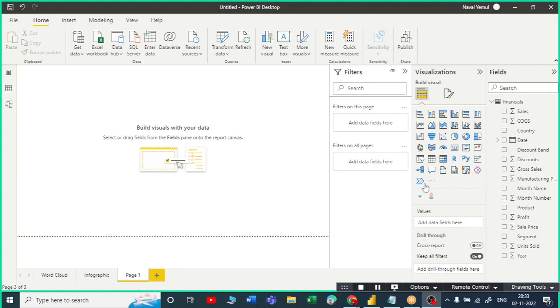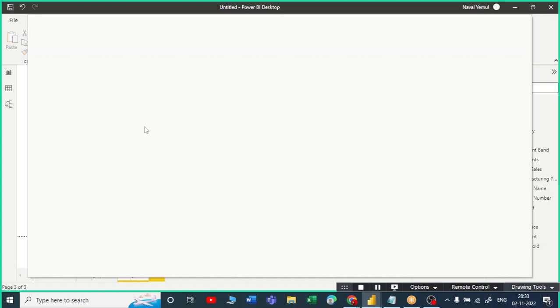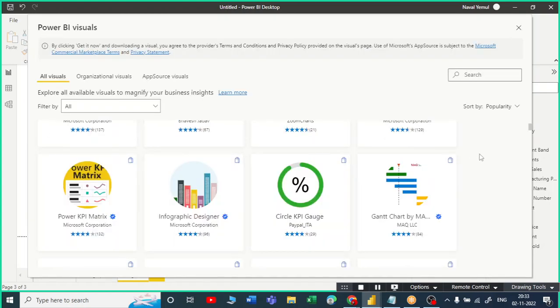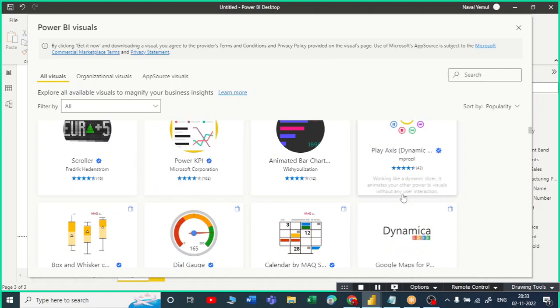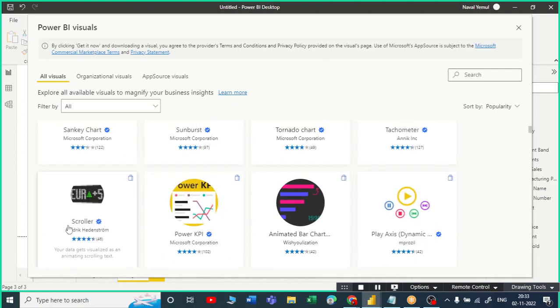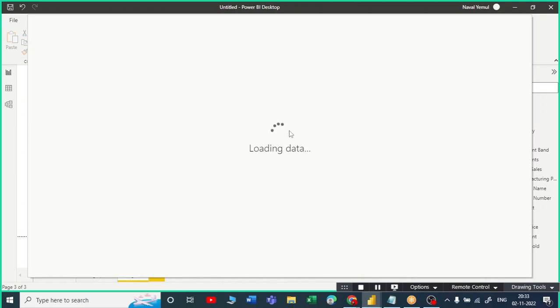Okay, let us check the scroller in custom visuals. We have one beautiful visual in custom visuals that is called a scroller. Let me check where it is. Yeah, you can see this scroller. Let me click on this scroller and